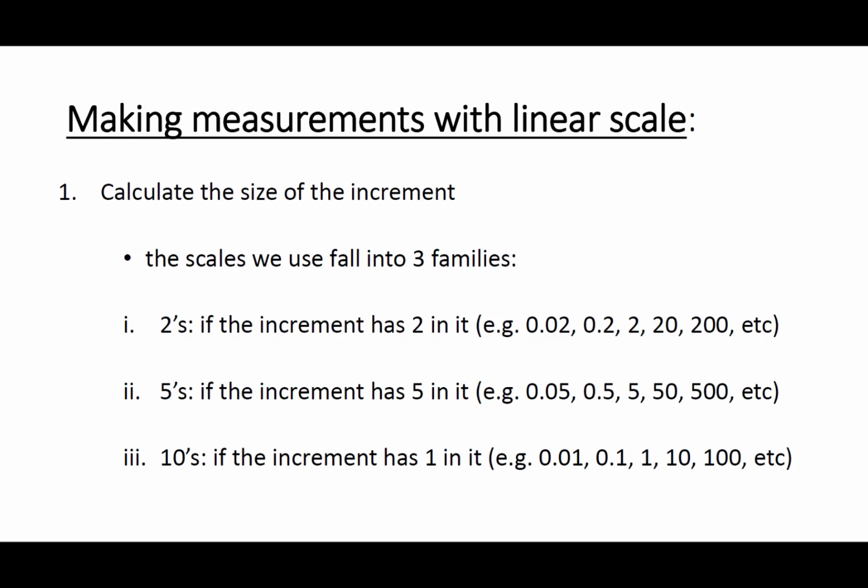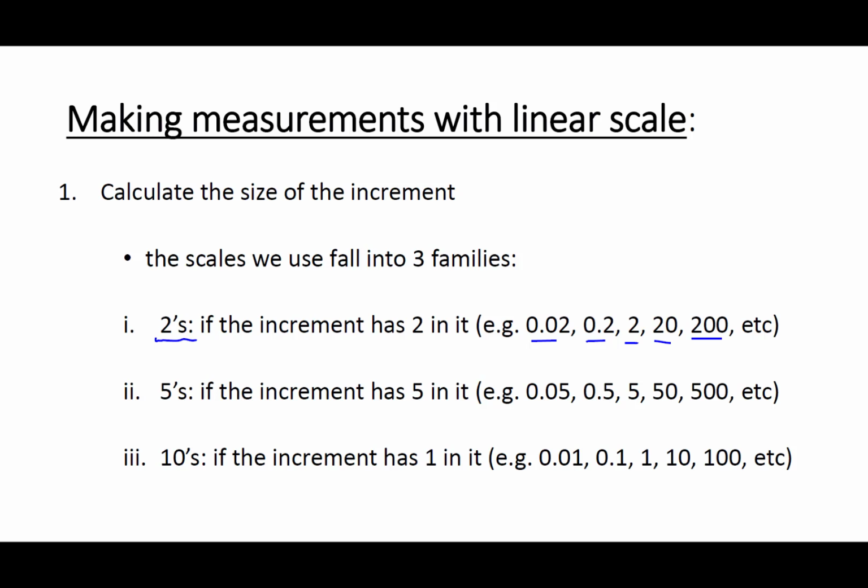The first one is to calculate the size of the increment. When we are looking for the size of the increments, they fall into three families. One is the family of twos. The family of twos includes any increment that has 2 in it. For example, 0.02, 0.2, 2, 20, and 200. Therefore, any increment that has 2 in it belongs to the family of